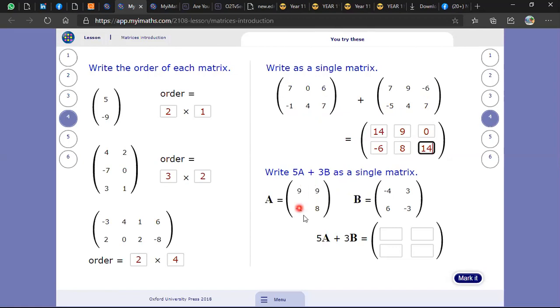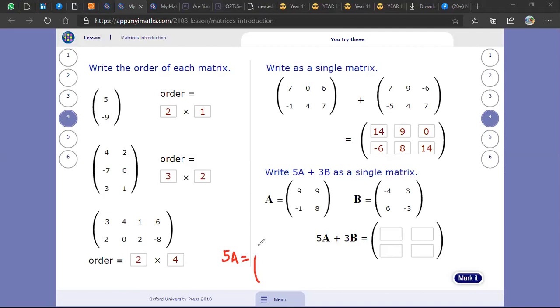Now let's take a look at the next one. This is to write 5A plus 3B as a single matrix. Of course, remember you have to multiply the matrix A by 5 first, and also the matrix B by 3 before you then add them together. So let's try to see what we have for that. Let's do the 5A. The 5A is going to be equal to